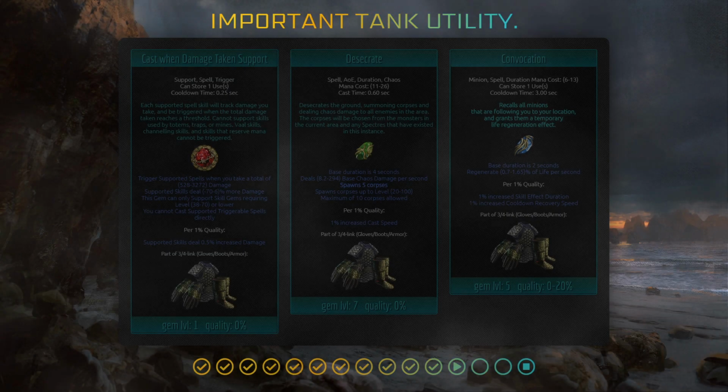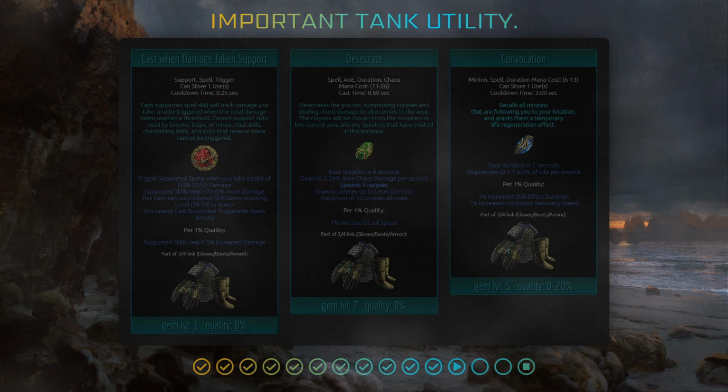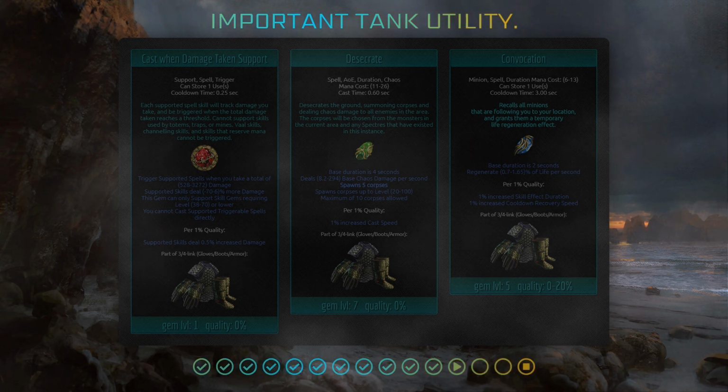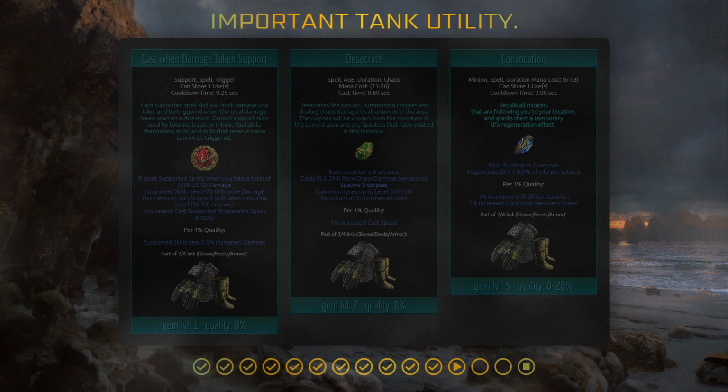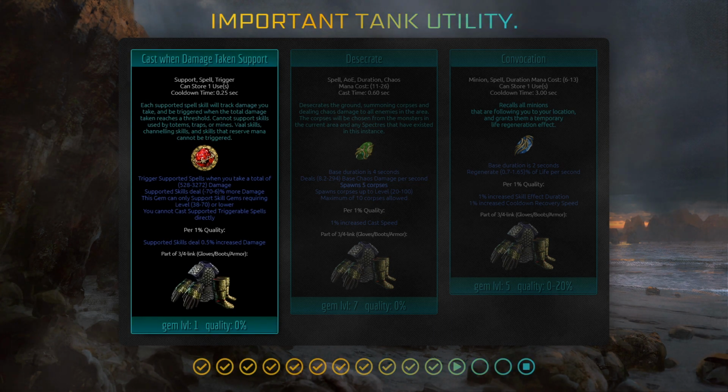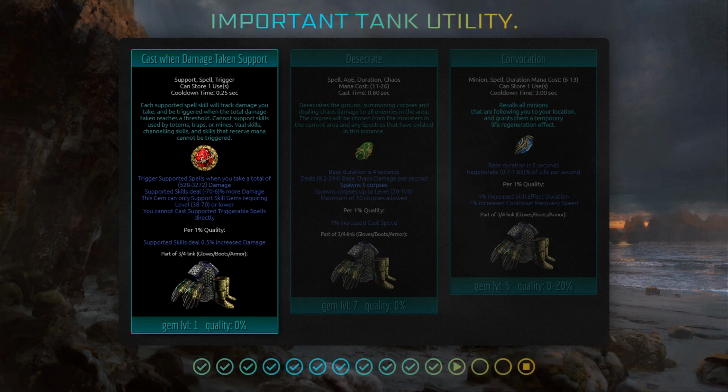And to finish it off, we want some automation. We want to automate the corpse generation and to have our spectres a bit more reliably. So for that we run a Cast when Damage Taken secondary setup with the gem level 1. So when we receive just a bit of damage, it will trigger 2 other skills, and they are of course